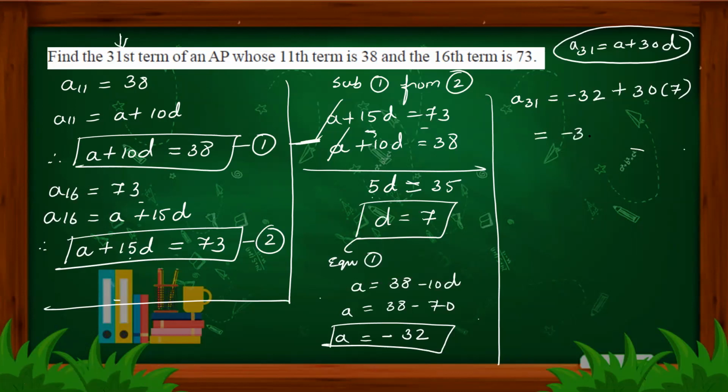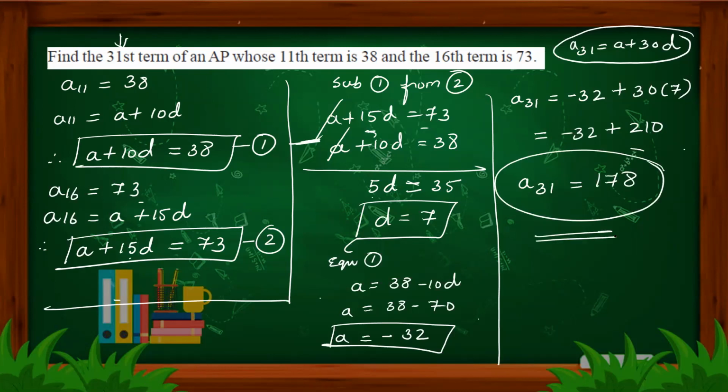This will be minus 32 plus 210, right? 210 minus 32 is going to be minus 30 will be 180, minus 2 more, so 178. So A31 is going to be 178. Understood? So you will write a statement at the end. Hence, the 31st term of the given AP is